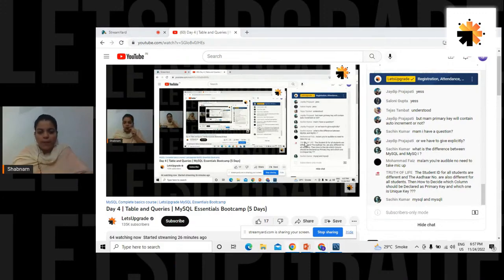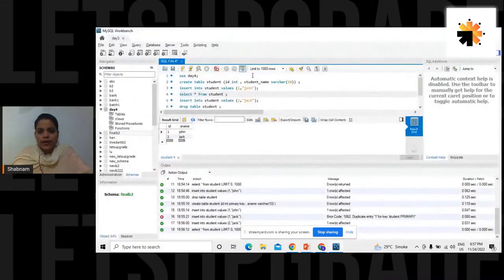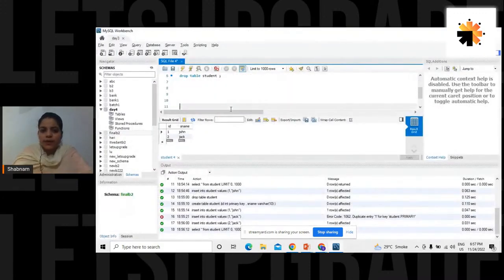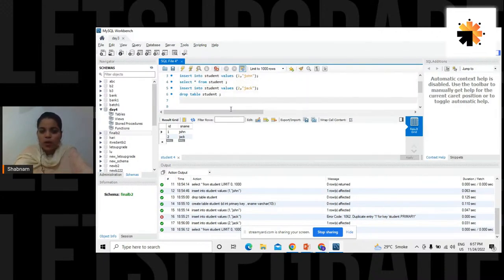Right. Okay. Coming back to the point now. Let us see this time what is the use of unique keys. So I alter the table. Alter table student. Add. There were already only two columns in the table, right? Let's alter the table to add a third column, that is age of the student.